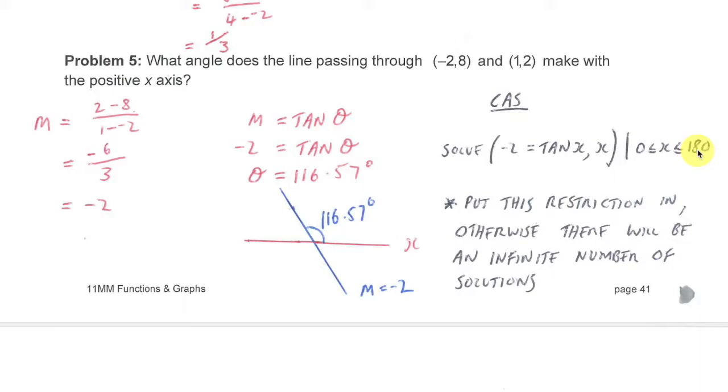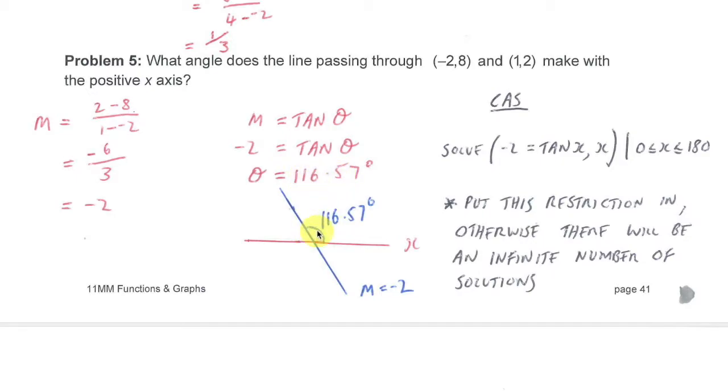Okay, so you need to make sure that your calculator is in degrees, and you put that domain restriction in, and it'll produce that theta is equal to 116.57. Now when we look at this, we know that we have a negative gradient. So we're expecting that if we drew the x-axis, the straight line passing through it should be going down towards the right, so I'll draw it like so. And then the 116.57,